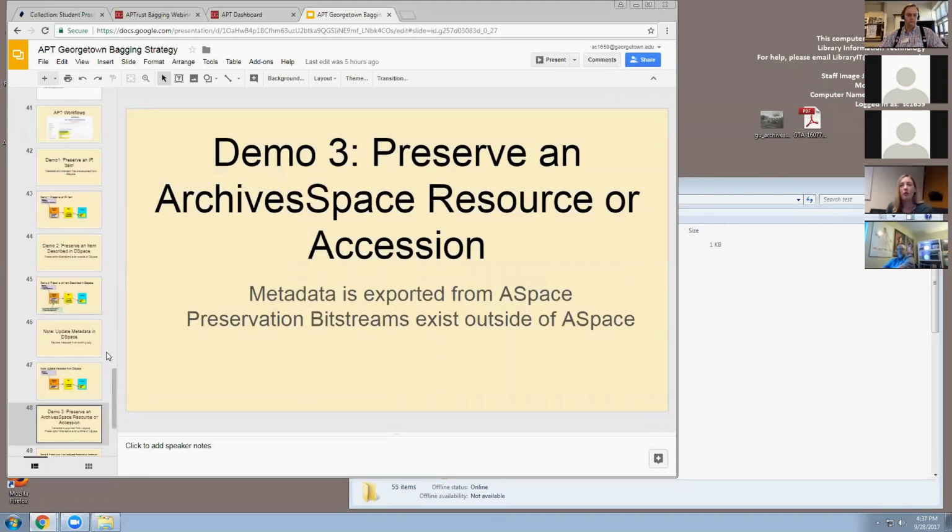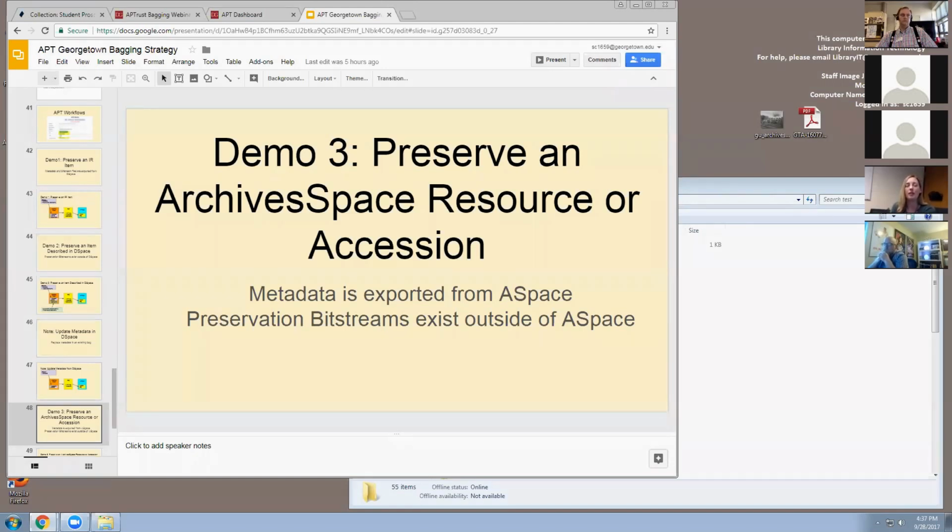So the final workflow we were going to show today, our third demo, is how to preserve an item that's described in ArchivesSpace. And we can do this with either a resource or an accession. With more and more of our content coming, especially for university archives, as born-digital accessions, our curators and archivists are getting tons of stuff, and a lot of times a collection can't be fully processed with a full finding aid like everyone would like before it might need to be sent for preservation to APTrust.